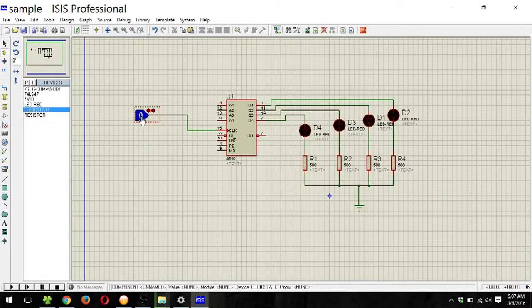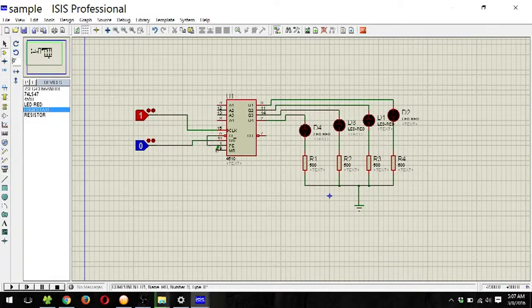For example, by pressing on this, this will become 1. By again pressing, this will become 0. So in this way, I will be able to change the state of this pin. By constantly giving 1s and 0s to this pin, I will be giving clock to this IC. Next is up down, that is pin number 10. Again, I will be using one more logic state button here and connect this to pin number 10. The other thing which is remaining is these 3 pins 1, 9 and 5. So these pins need to be connected to ground.